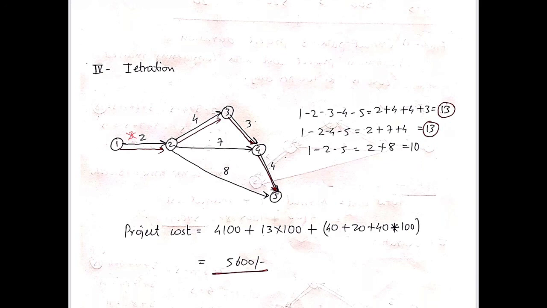It means what? This is the optimum solution, after which the cost of the project will increase. So over here you can write down that as iterations 3 and 4 are giving the same result, the project cost remains the same. We'll stop over here, and the optimum duration of the project completion is 13 weeks with the project cost equal to 5600.